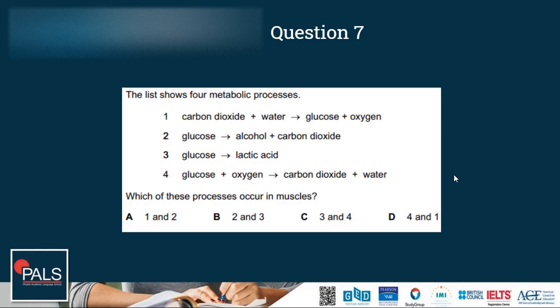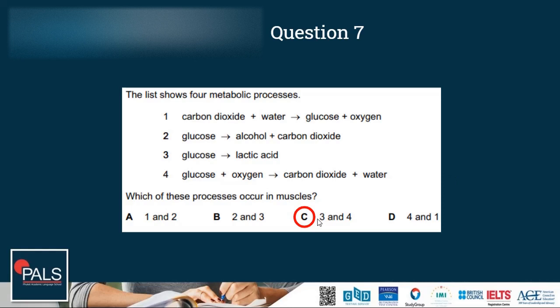Which of these processes occur in muscles? Take your time. Okay, the correct answer is